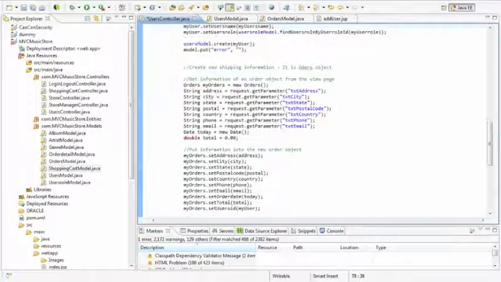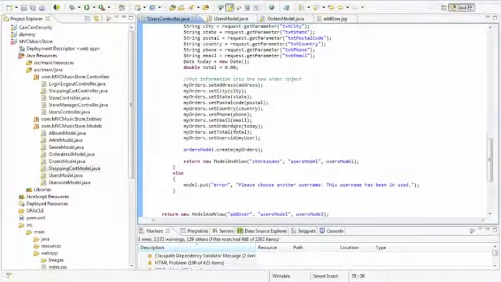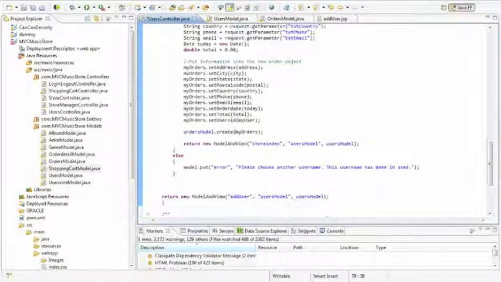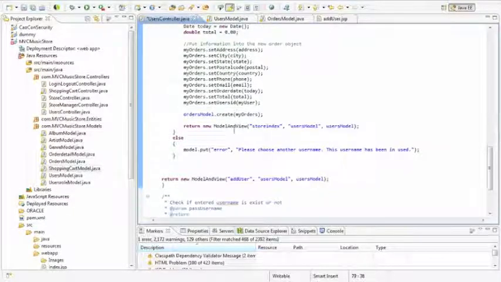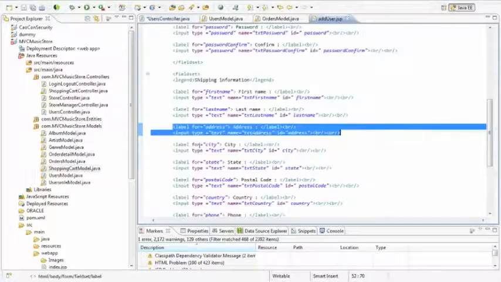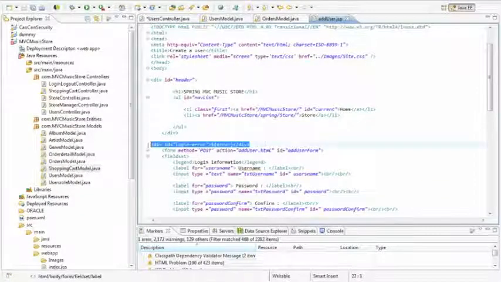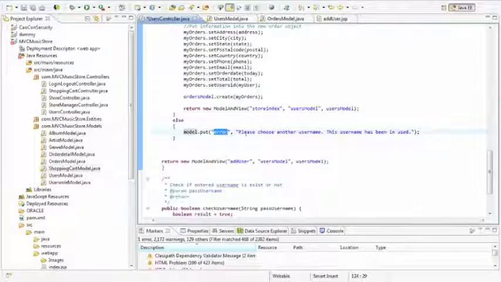The current user can create a new user object with that user ID, with that username. Alright, if it's not, we have to put in error. See the errors over here. The error right here will say please use another username. This username has been in use,